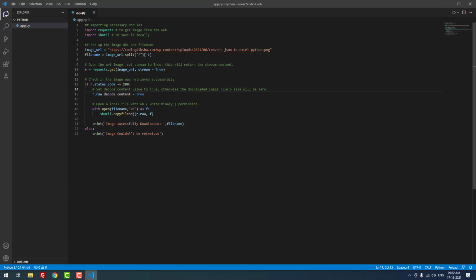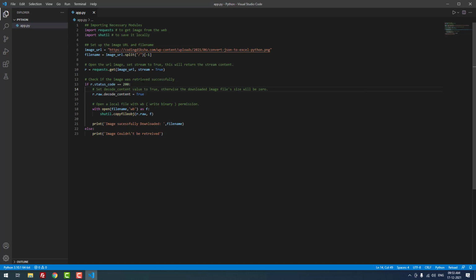For that, r equal to requests.get(image_url, stream=True). If the status code equal to 200, 200 means it is successfully retrieved. If that is so, then we will decode the content. Then we open the file name, we write using shutil, we save the file locally. Finally, we print image successfully downloaded. Otherwise, we will print image could not be retrieved.